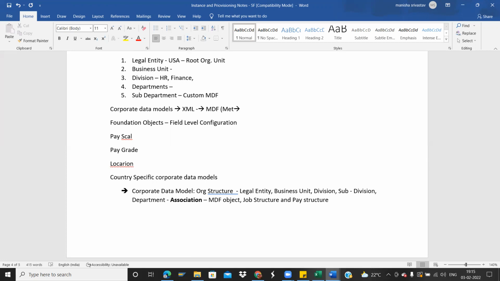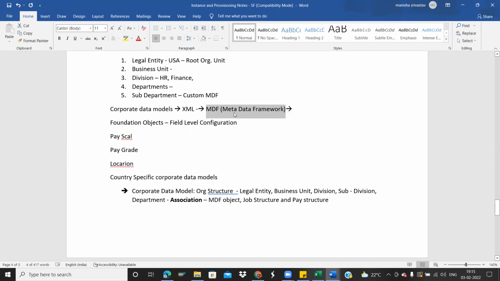In the update of SuccessFactors, not recent, 2 years back, one update came. In that update, they separated certain org, pay and job structures into separate MDF, which you will be configuring in the instance. I will cover that when we cover this topic.